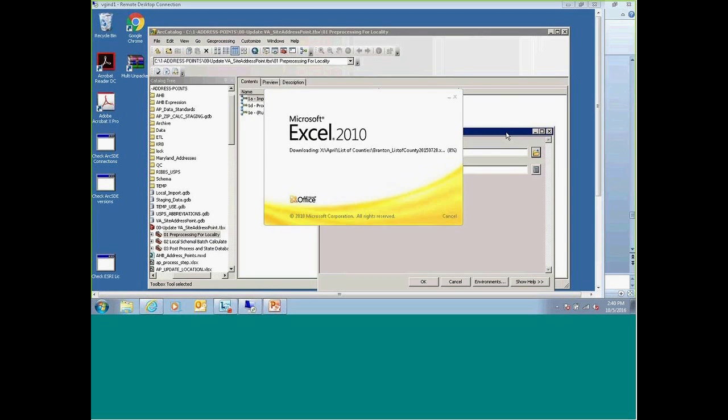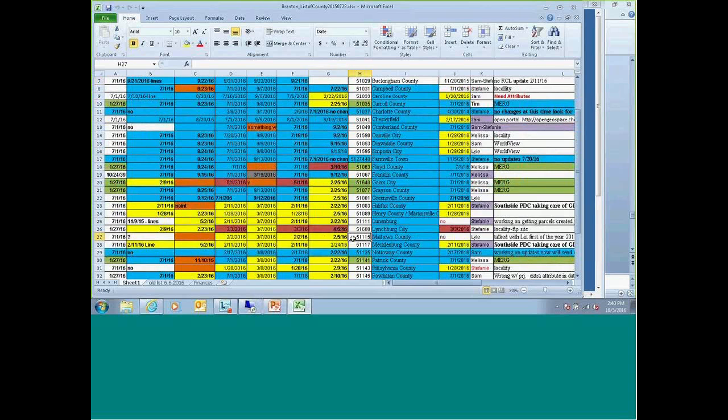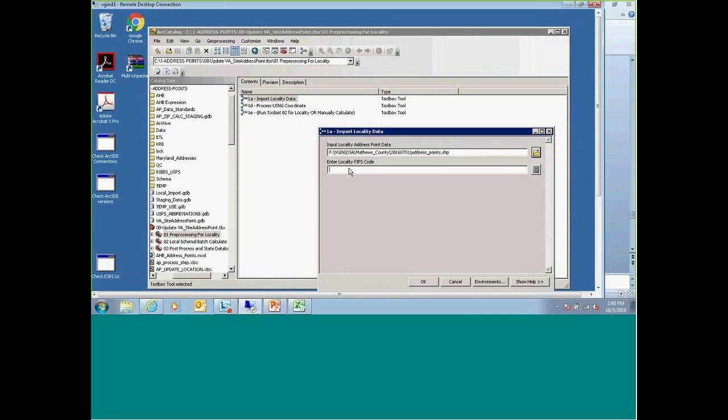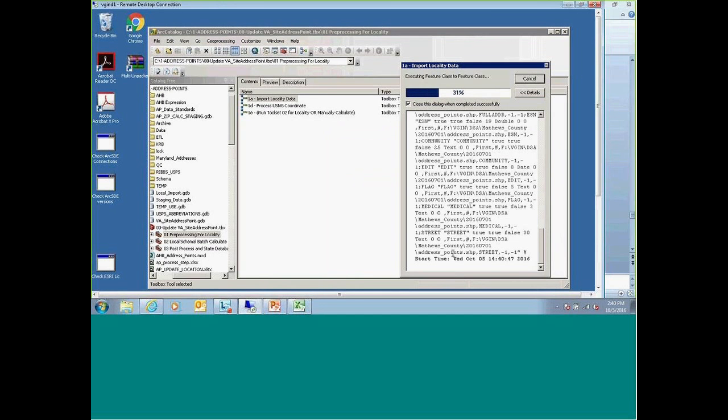But once we run that, it pre-processes it. It will run its process, which makes it nice.